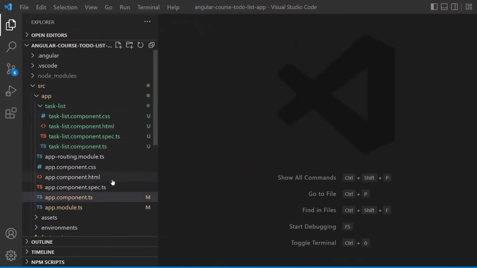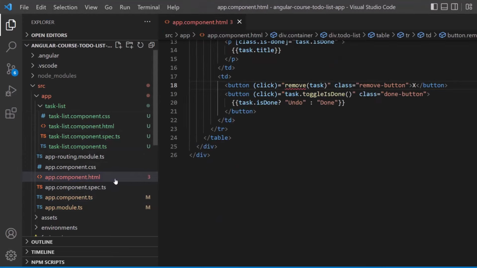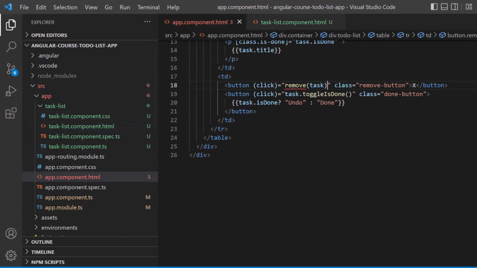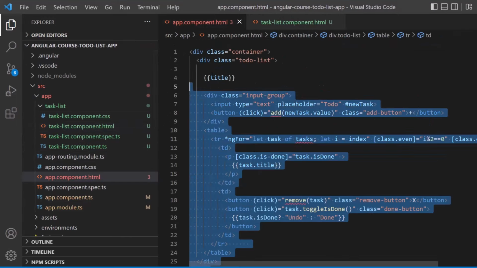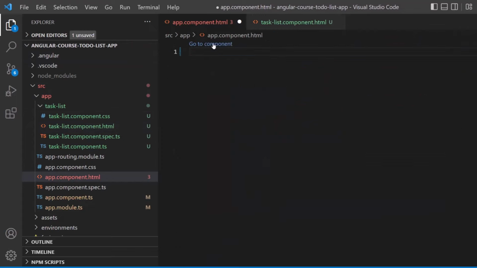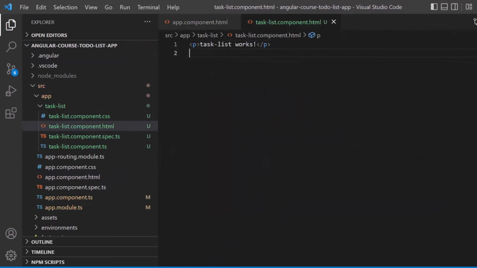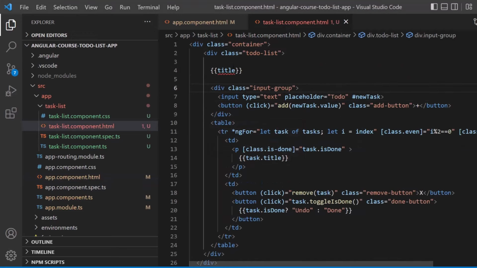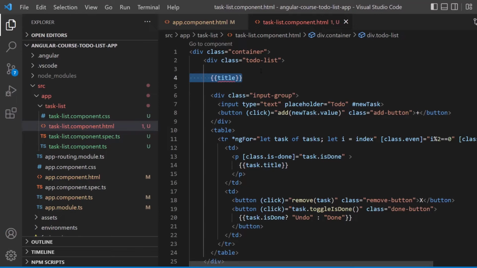So go ahead and open up the app component.html and the task list component.html so that we really now transfer all of those things over. So let me just copy everything here and let's remove it from the app component HTML and let's paste it here. That way you can now see that we should remove the title because we don't have that in our app component. We could also leave it here if you like, but we will just get rid of it because